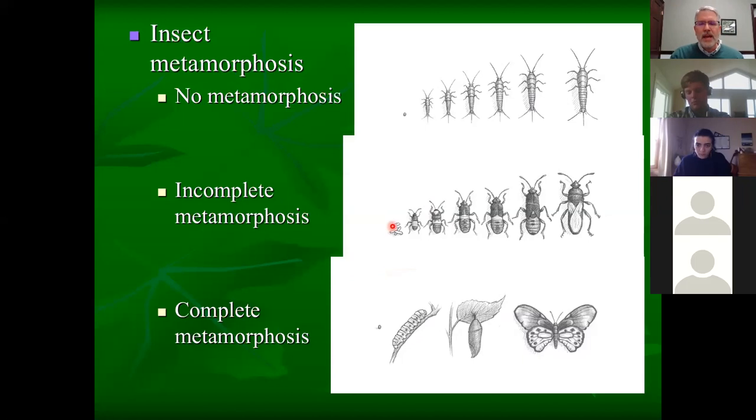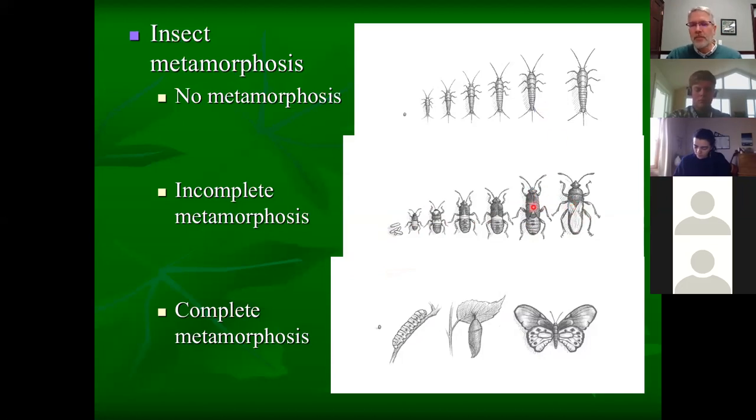Okay, so here they hatch into a little nymph, and then when it needs to molt, it molts into a bigger nymph and a bigger nymph and a bigger nymph. And then it does a little bit bigger change, although not a radical change, into the adult. It molts,